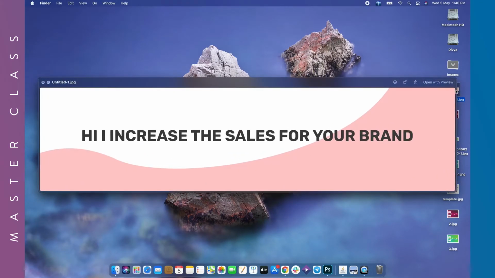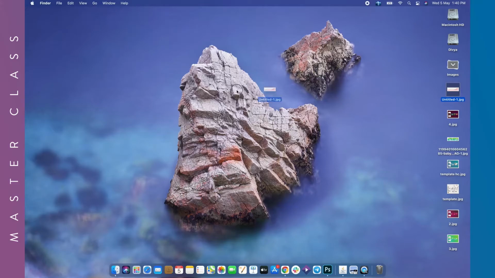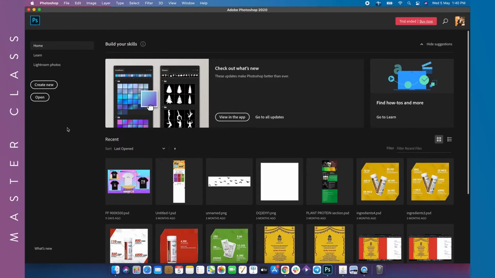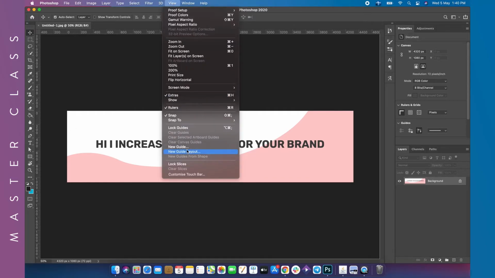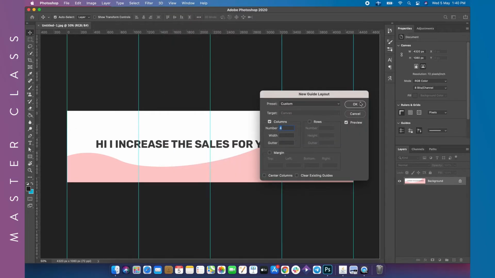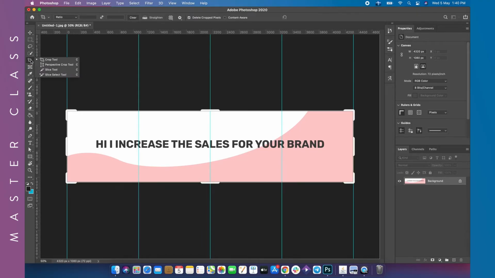Now if you want to use this for your advertisement or campaigns, all you need to do is put this image in. By the way, I have deleted the PSD files. Do not delete it, because you can later change it. Okay, now go to New Guide Layout, your columns are selected. Now come over here, go to the Slice tool and choose Slice from Guides. In this way you will be able to cut the images into the different cards, and it is a pretty simple way of doing things.